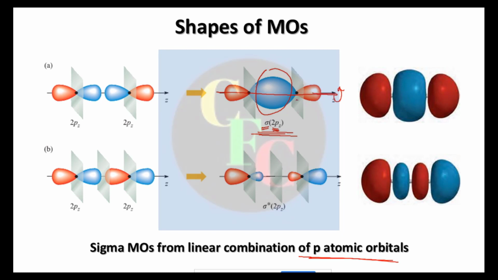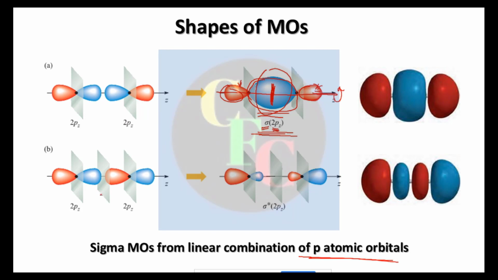And the two red lobes show that these are out of phase, but you can find the electron there also, but the probability of finding the electron there is very less. See, the volume of this blue one is much higher than these two red ones, right? So if the electron is present in this sigma pz orbital, then finding it in between the nuclei is much higher than finding it in these two lobes, right? That means finding it at either atom is much less than finding it between the atoms. That means they are in a bonding situation.